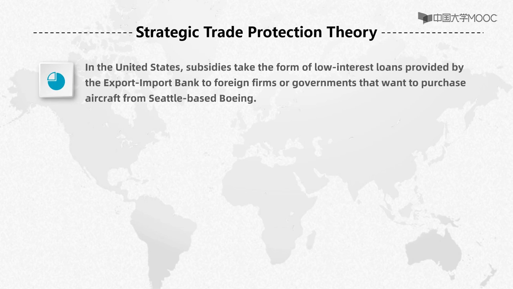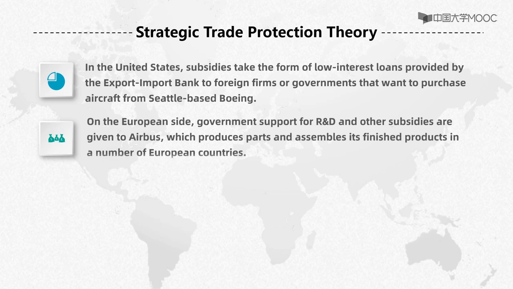In the United States, subsidies take the form of low interest loans provided by the Export-Import Bank to foreign firms or governments that want to purchase aircraft from Seattle-based Boeing. On the European side, government support for R&D and other subsidies are given to Airbus, which produces parts and assembles